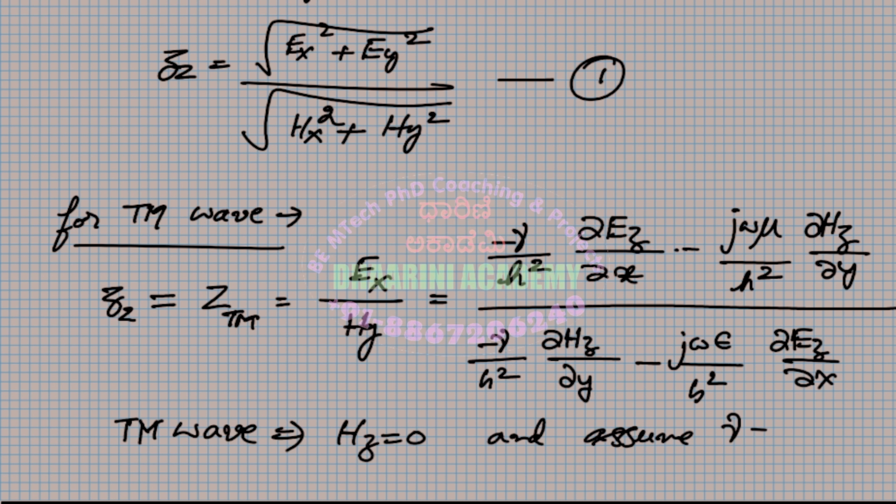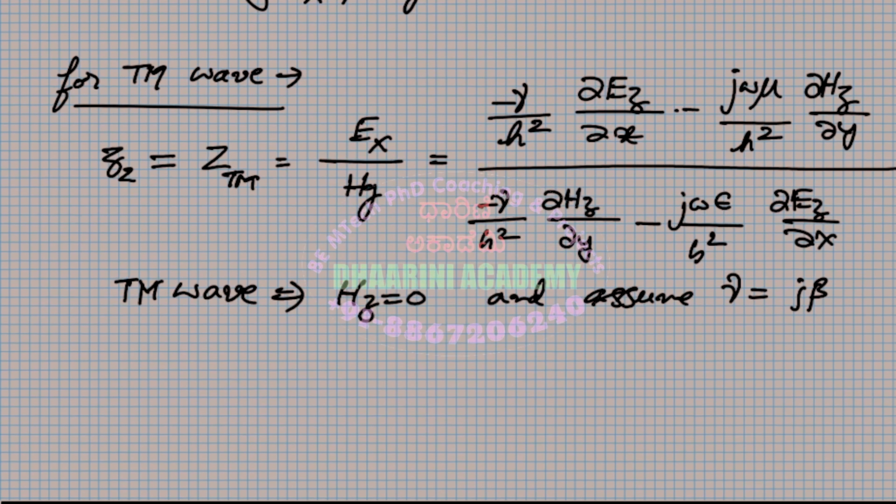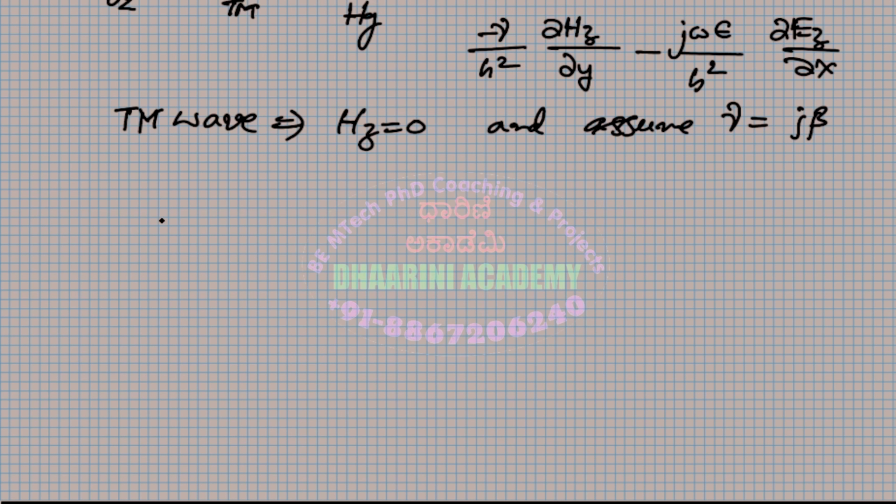It's a lossless case, there is no alpha, you simply write j beta. Assuming that, if air is the medium, it's lossless. If you have some other medium present over there, it becomes lossy. Therefore Z TM becomes equal to,